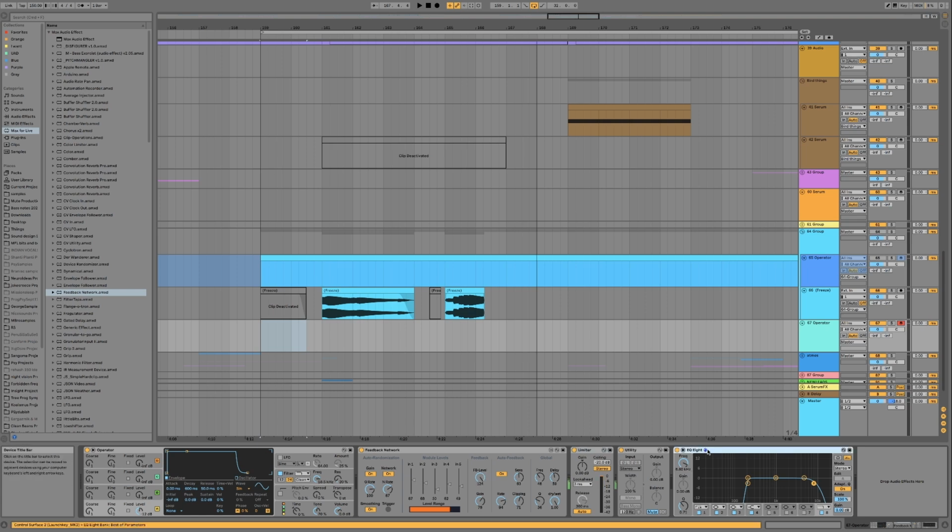Now, where you have the EQ in the chain is going to change how it sounds, because if we have this low cut happening before the limiter, it's going to have quite a drastic effect on the way the limiter affects the signal. Also, where we set the ceiling and how hard we drive the limiter is going to affect the sound. Okay, so now that we've got it creating just endless distorted noise,